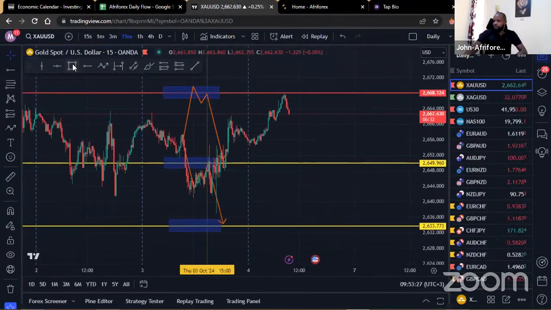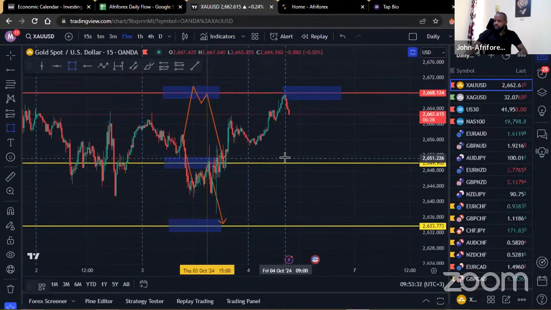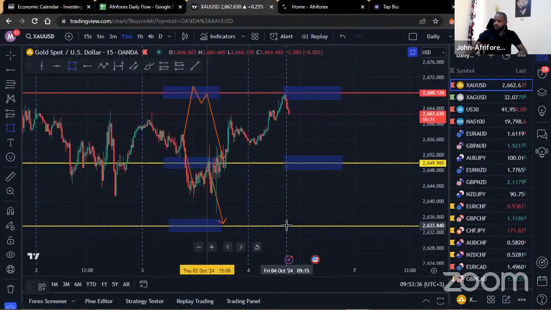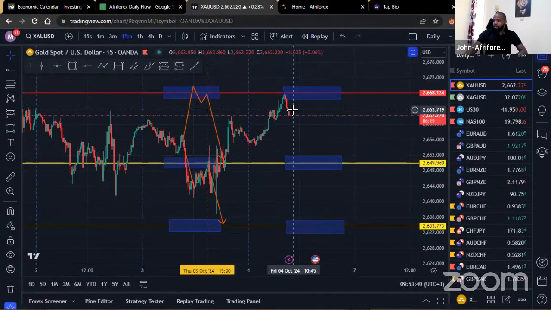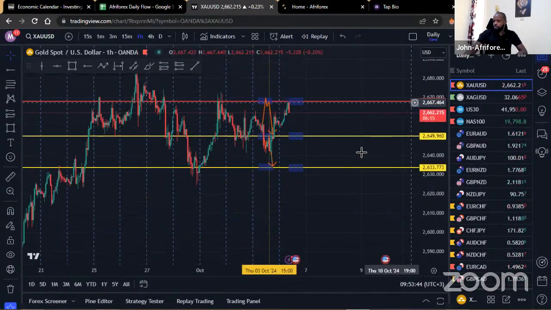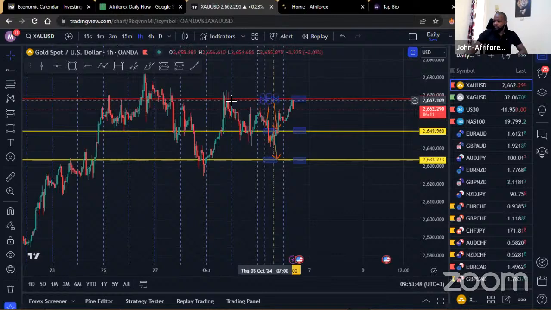So for this one, we're going to be trying to see whether we can get some sales. And these are the 3 areas we will be watching out for, especially if the market does set up nicely within this area right here. Considering the fact that we're at the top of a range, if I do end up going up to the 1-hour time frame, you can see that this region right here is a key level. The market has really attempted to break free of this area to the upside.